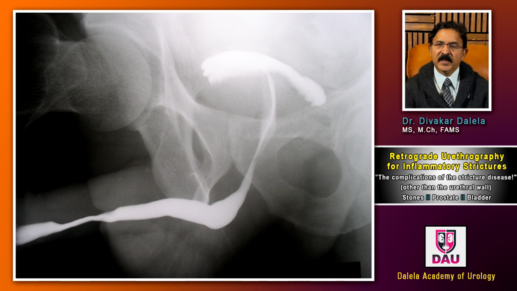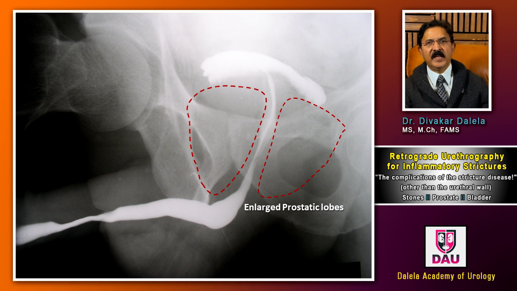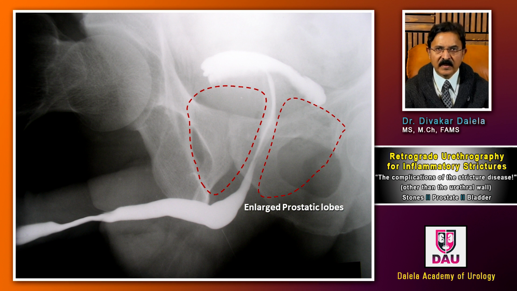In this patient, you notice that the prostatic urethra is stretched vertically, up and down, towards the bladder. It has grown up in, and you can see some kind of intravesical protrusion of prostate. And the prostatic urethra is narrowed down because of compression on it from all around, and these are where the prostatic lobes are present. Now, why is the prostate enlarged in this patient? If you go into the history of the patient, you will find he complains of fever, perineal pain, marked dysuria, by which I mean features of acute prostatitis.